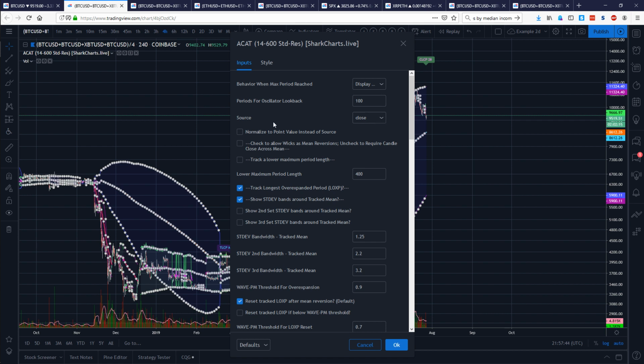Source is straightforward. Normalize to point value instead of source. This is a setting I put in the various indicators that allows you to switch between the way, strictly speaking, Mark Whistler's version of wave PM calculates the indicator, where it has a normalization step to just the minimum point value on the instrument, which is a constant, as opposed to how I have it coded up to work by default, which is that same normalization step but to current price. This is very in the